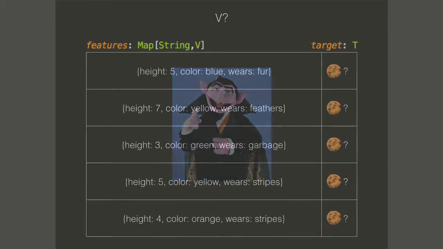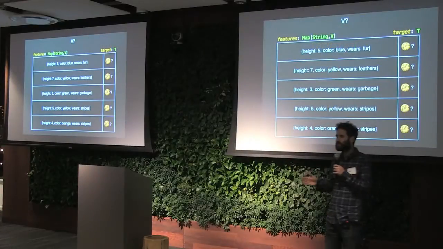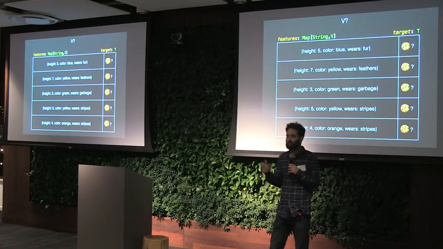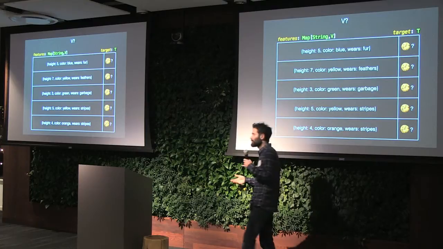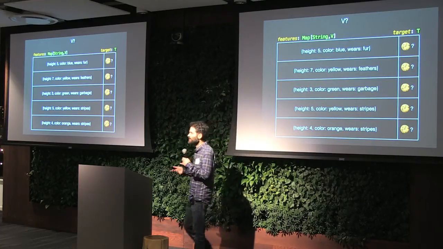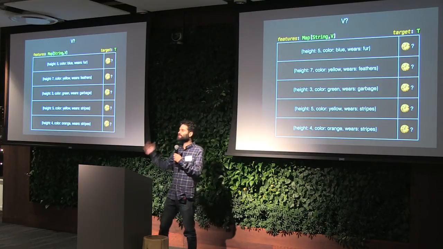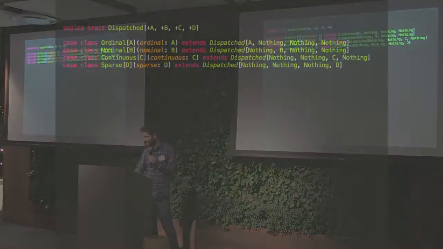I don't remember why that slide's in there. And so one thing I've been glossing over through all of this is I've been pretending that there's this one type V, which is these feature values, right? But in reality, you don't normally have a single type for all of your feature values. You've got some kind of heterogeneous thing, right? Sometimes it's all doubles, but that's not usual. And so how does that work? The framework is in some sense agnostic about that, but in another sense, it has a way that is easy to do,